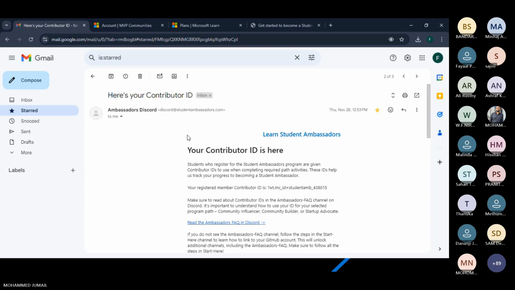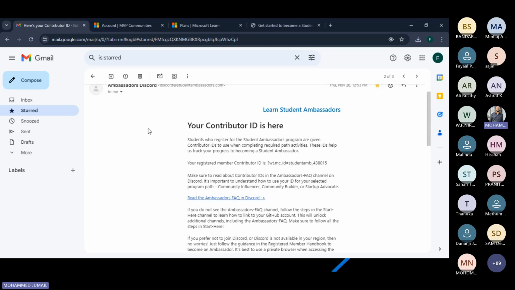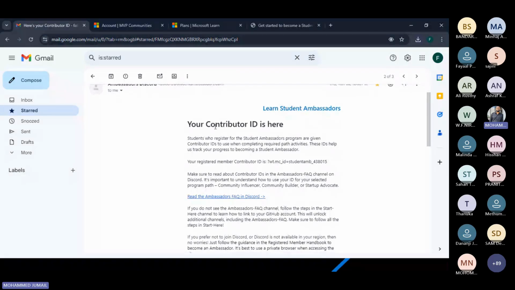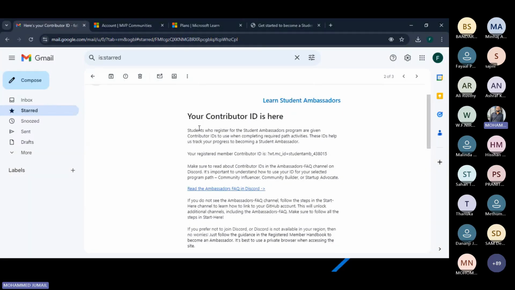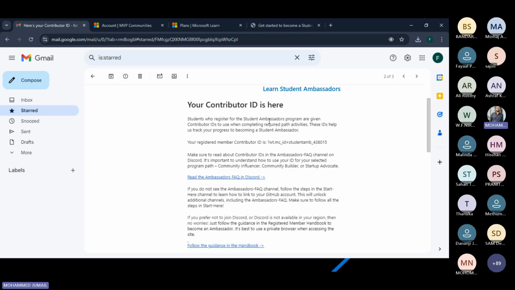As I said, the contributor ID is here. If you get the contributor ID, you will receive this email: students who registered for the student ambassador program get a contributor ID to use for completing required path activities.